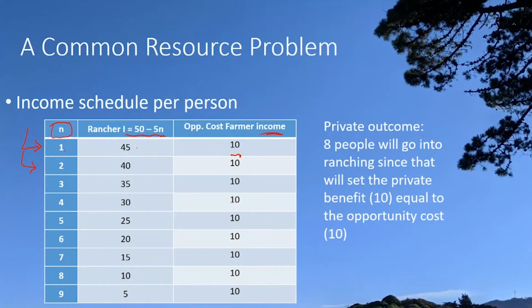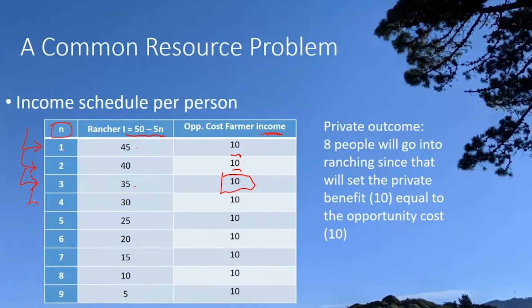Second person says, hey, maybe I should become a rancher too. We'll do this sequentially again. Well, if you add a second rancher, it's going to diminish the rancher's income by another $5. But still, 2 ranchers together each are going to make $40 each. That's better than 10. And so 2 ranchers would be inspired to enter. One more step. A third rancher. Well, a third rancher diminishes the income again by $5 in total. So every rancher now, 3 of them get $35 each. But $35 is still better than the 10. So therefore, the third rancher would enter.